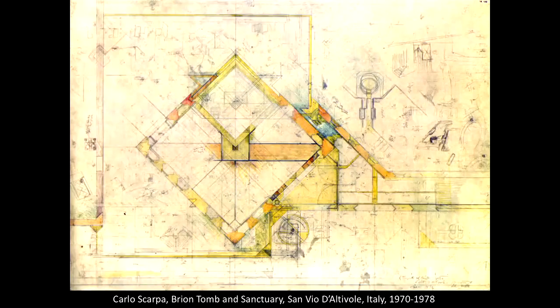And Scarpa would do these amazing sketches. And it's interesting, Diemer talks about the architect who she said would work on site, I can't remember who, Loos, yeah. And Scarpa would do the same thing, but he would have his drafting table on site, and you could see this wonderful sketch. You could see in plan, and there's parts that are colored, probably determining what material is what, and what's going to be meeting up next to something else.